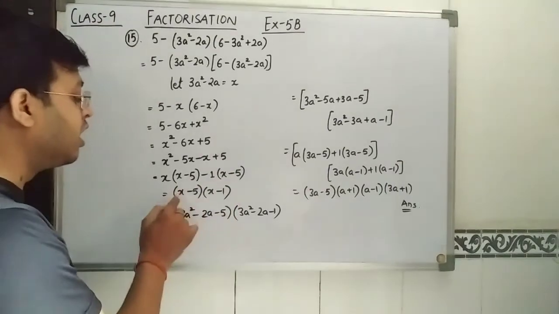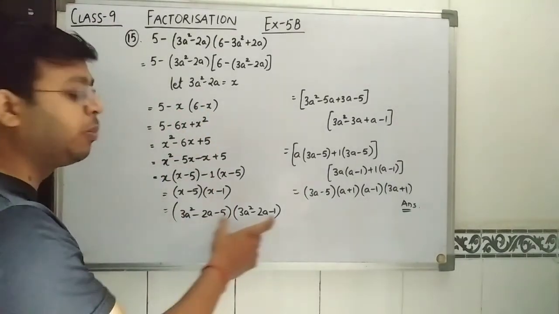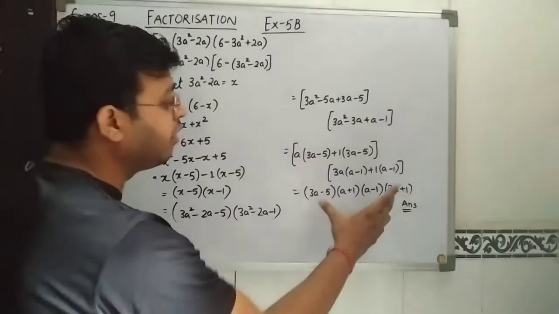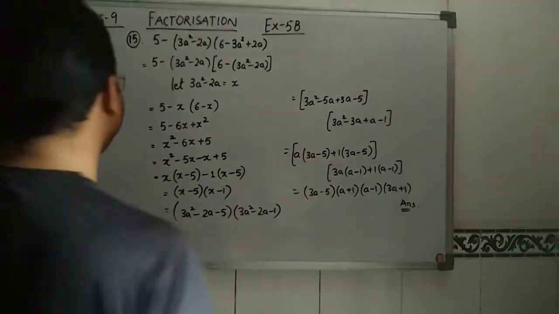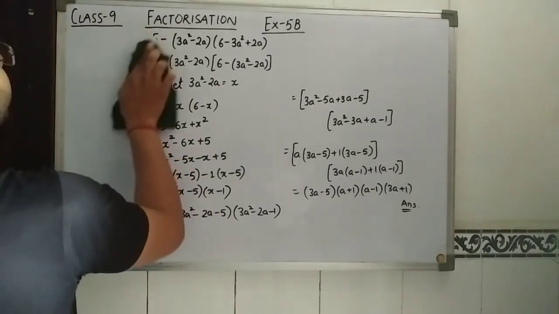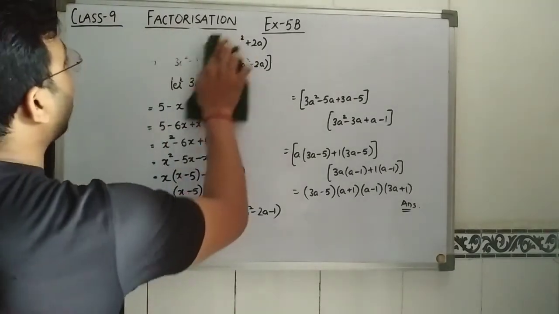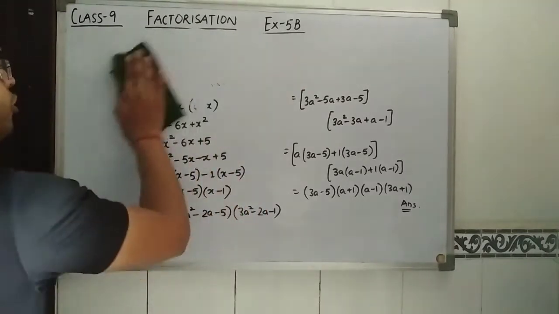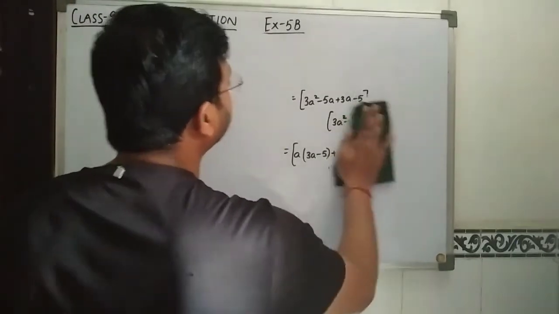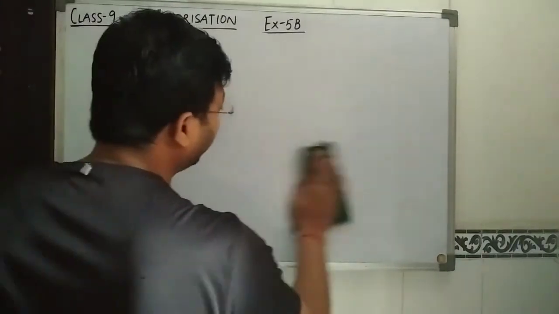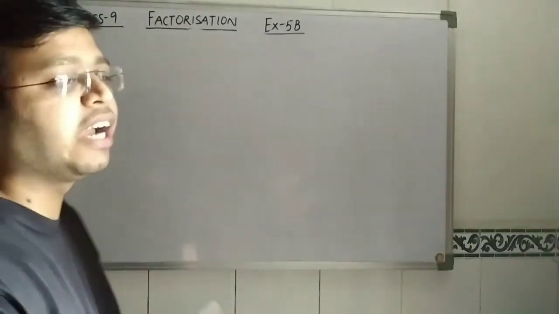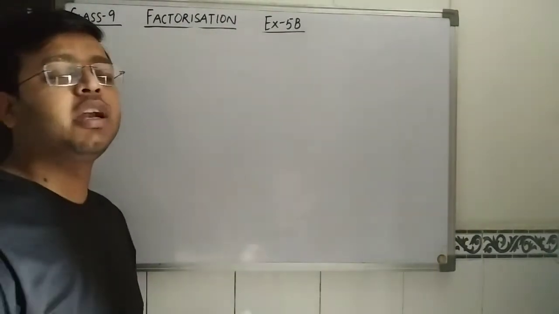We have solved. Now after placing the value of x, both brackets we can solve again with the help of middle term splitting. So again we have solved and we got 4 brackets. So this is question number 15. As I told you before, factorization means to make as many brackets as you can in the question. As many brackets as you solve, that will be your perfect answer. If you leave your answer earlier, it is possible but you have not fully solved it, then maybe you will not get full marks or you may get 0 also, because it depends on the examiner.